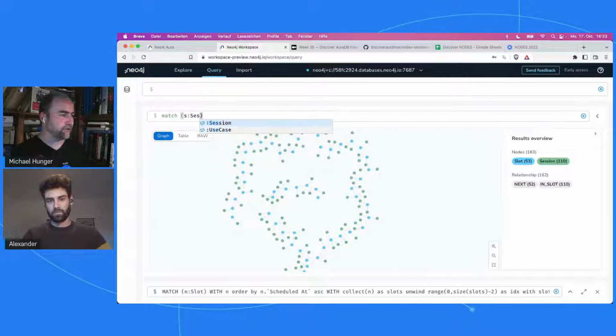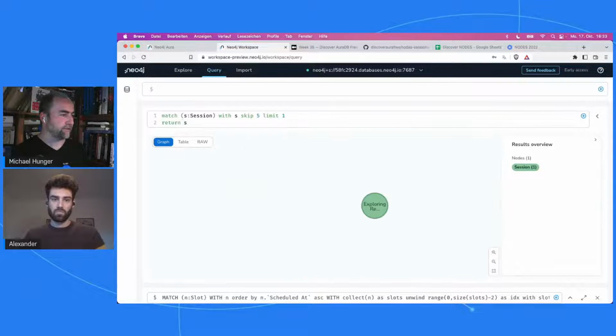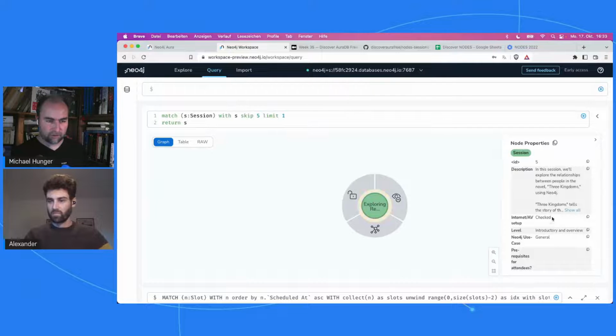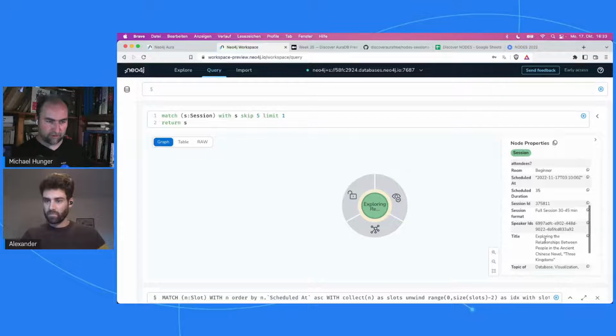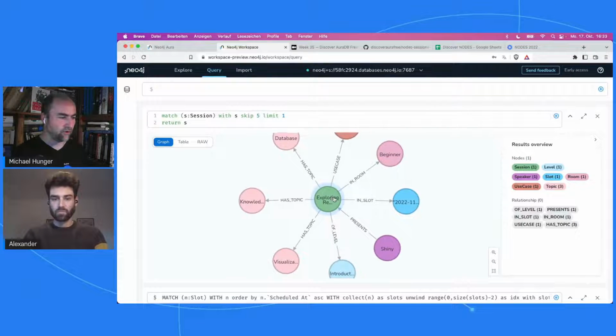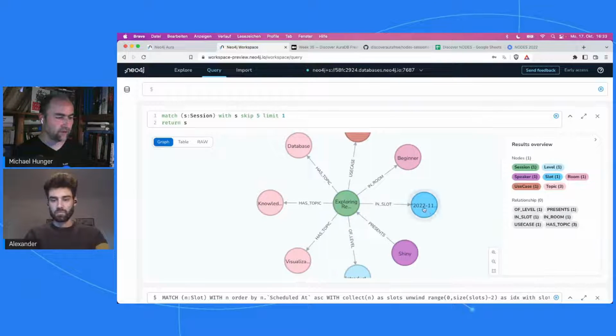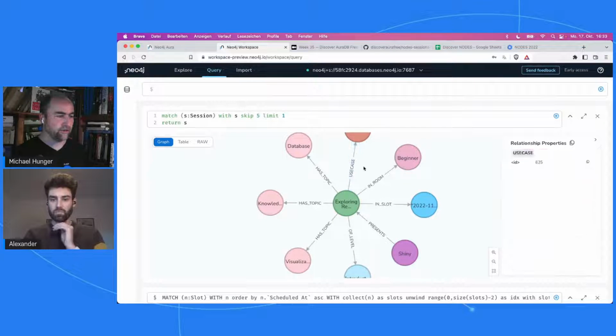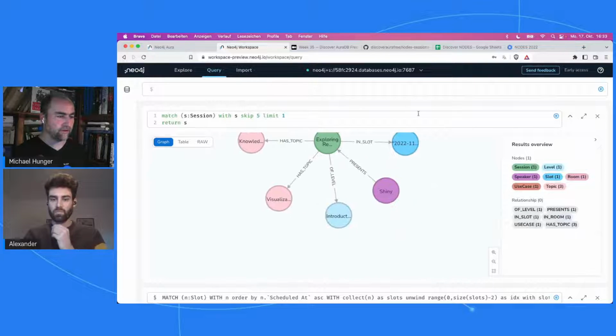We pick one random session, let's say with s skip 5 limit 1 return s. This is a random session exploring the relationships between people in ancient Chinese novels. That's from Shiny. So we could look at what is connected to the session. It has these topics, it has the presenters, we have a use case, and then there's a slot connected